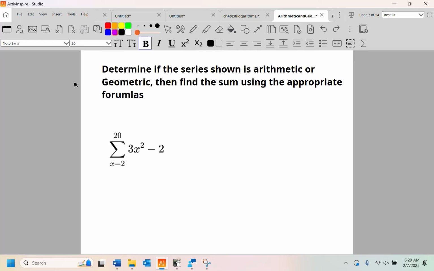With that being said, the majority will not. So for the majority, to determine what a sequence is,